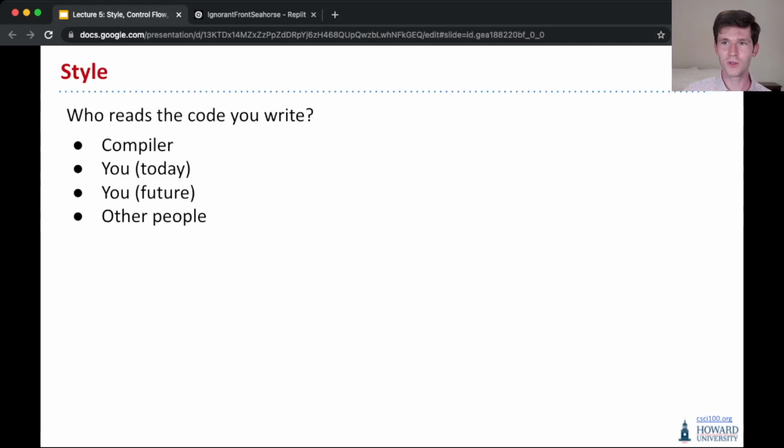But there's also you of the future who is probably closer to the category of other people. So you write your code, you submit it. I or one of the TAs looks at the code that you submit, and we fall into this category of other people because we're not you. And future you is also not you. You've gone through a lot of different things. You're already a different person. You've grown. Less philosophically, though, you just don't remember what you were doing. And so given that